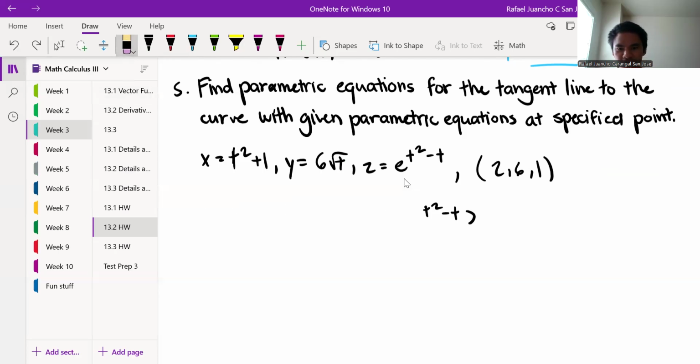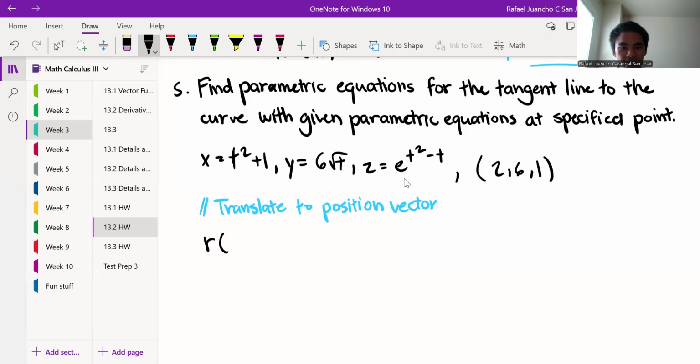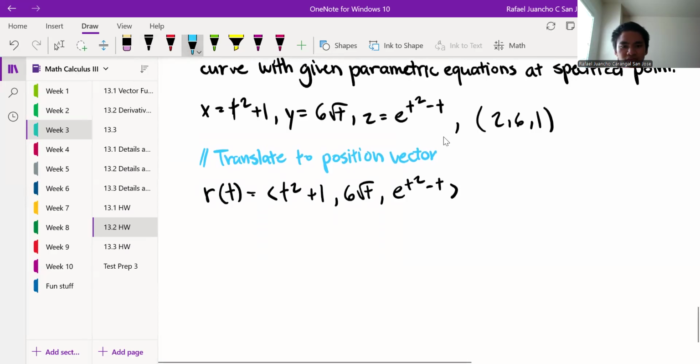So before I go on, I'm going to write everything. So, translate to position vector. This is the easy stuff because this is already in itself a position vector. I plug in some time to this vector function. I get an ordered triple out of it. So that's done. Next, I find the t